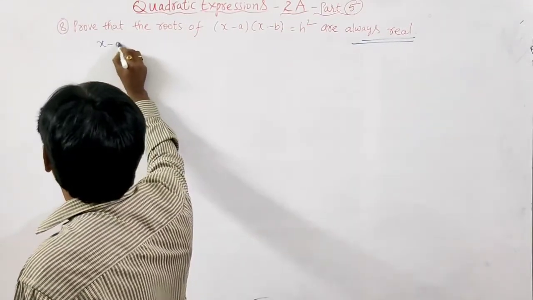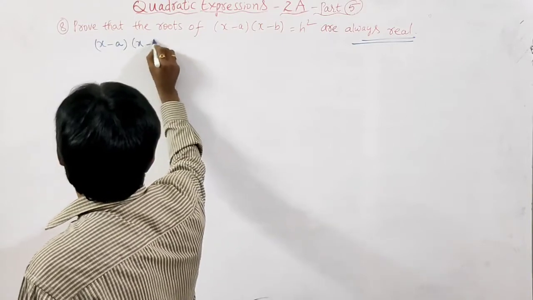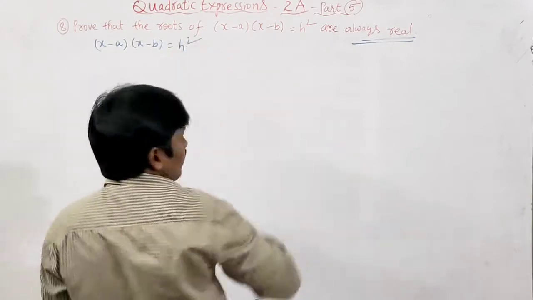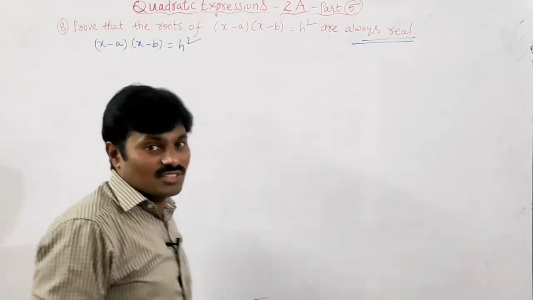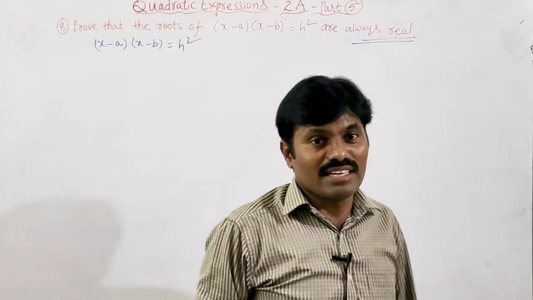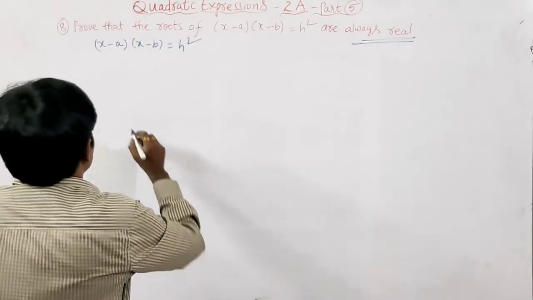Whether it is a quadratic equation or not. It is a quadratic equation here. How can you say, sir? First write in standard form, that is ax square plus bx plus c is equal to 0 form. Then we will come to know whether it is a quadratic equation or not. So here